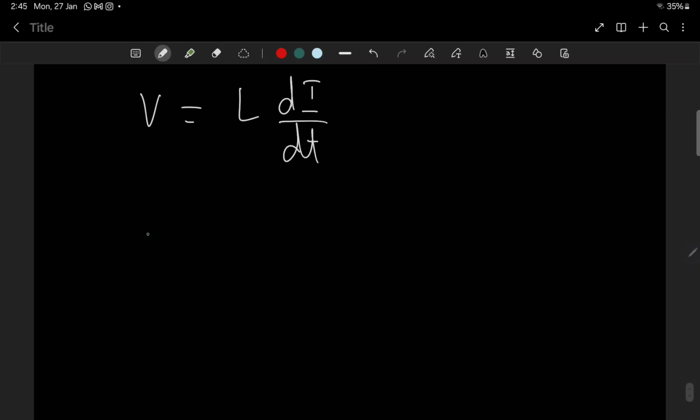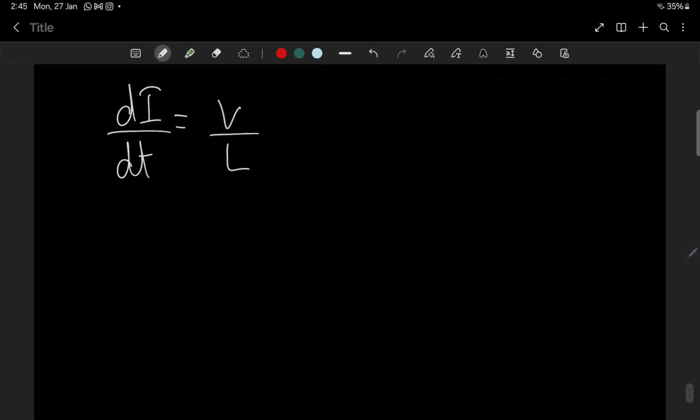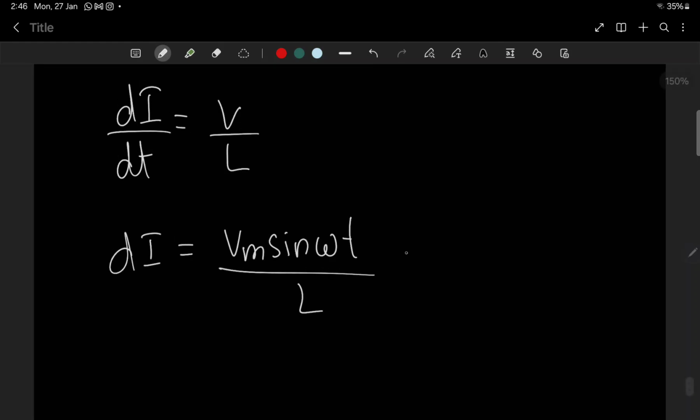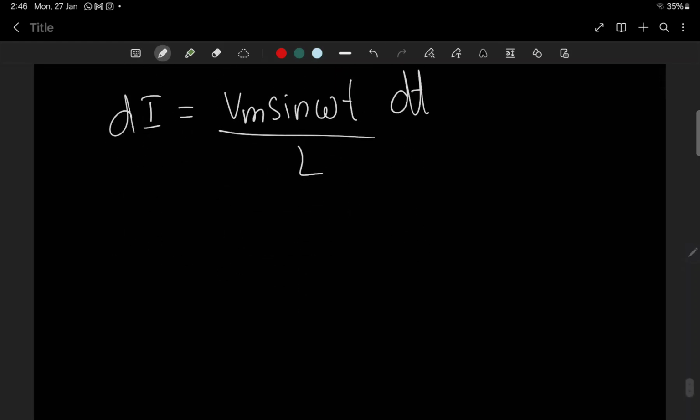So di by dt equal to V by L. What is di? Take dt to the other side. That is di is equal to Vm sin omega t by L into dt. Now integrate. I equal to